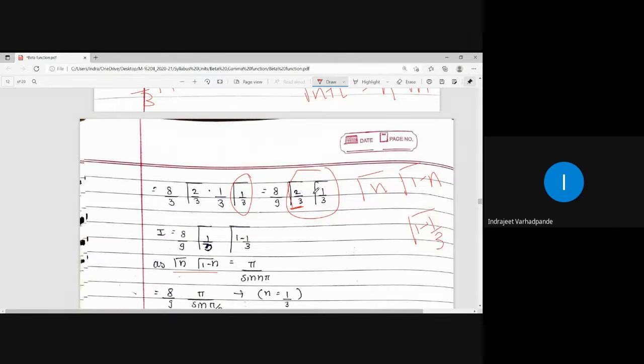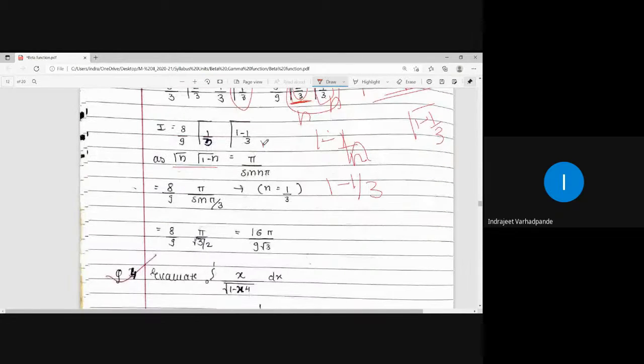I cannot simplify because in both the cases, numerator is less than the denominator. Go with the subtraction property. Higher number should be taken as 1 minus n and lower number should be taken as n, so the higher number fits into the form 1 minus n. So 1 minus n, with 1 minus 1 by 3, what result will you get? 2 by 3. Lower quantity should be taken as n so that the higher version can be converted to 1 minus n. Once that is done, how much is n?